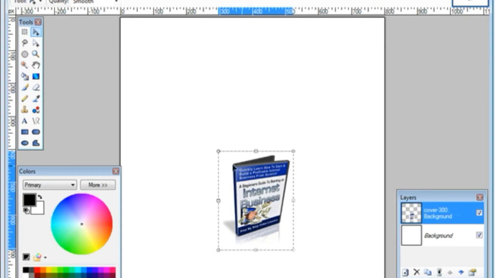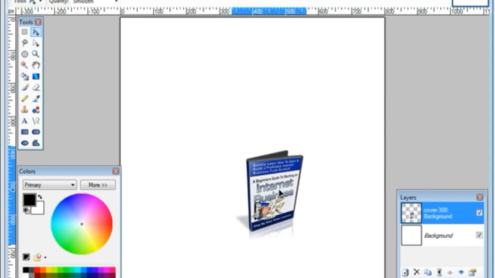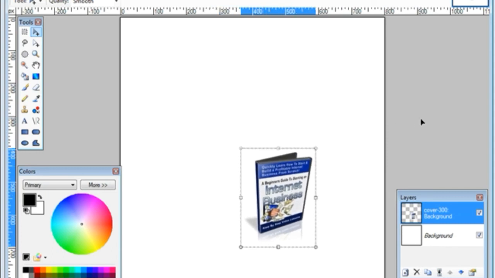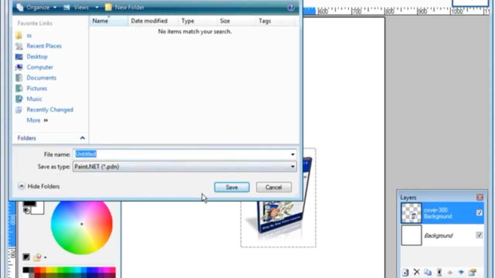Now, you can't actually just use this image by itself because it has been rendered into a DVD cover and it's not going to look right. Okay, so let's move this around a little bit, and this is going to take some practice to get it right as to where things need to be. Okay, so we'll just take that and save it, and we'll call it